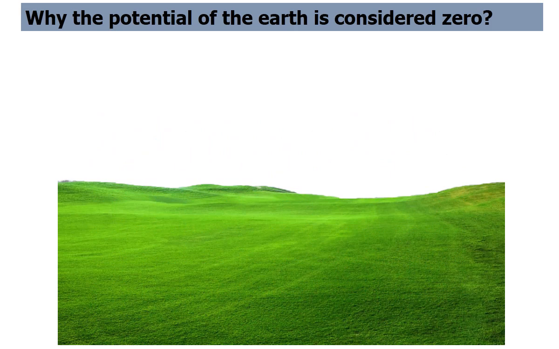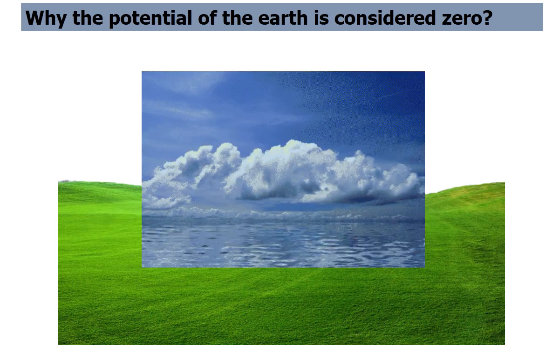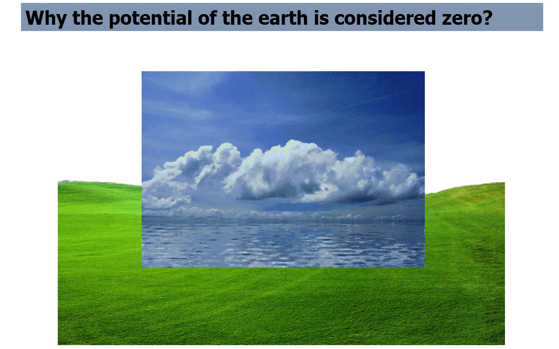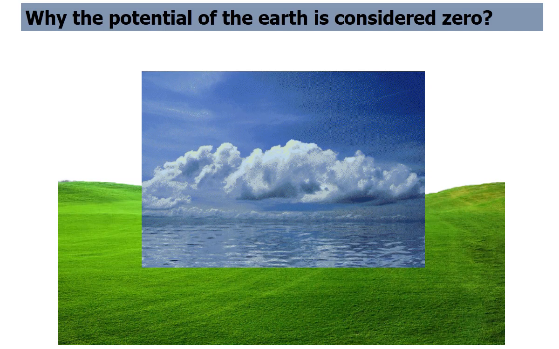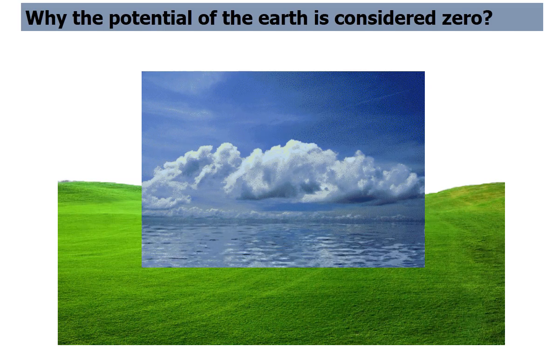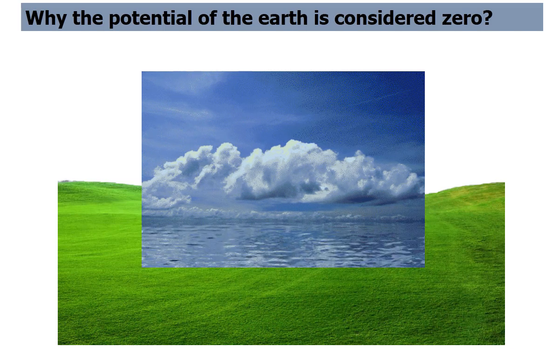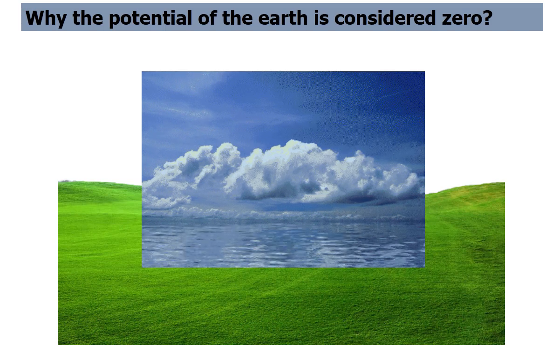And the earth is so big that if a charge is added or taken away from it, its potential does not change at all. Likewise, if water is taken away from the sea or a pond, the water level does not change. The earth is always taking charge from different bodies. Simultaneously, it supplies charge to other bodies. Hence, the earth is considered chargeless. To determine the height of a place, the height of the sea level is taken as 0. Similarly, to determine the potential of a body, the potential of the earth is taken as 0. Hope you have understood.